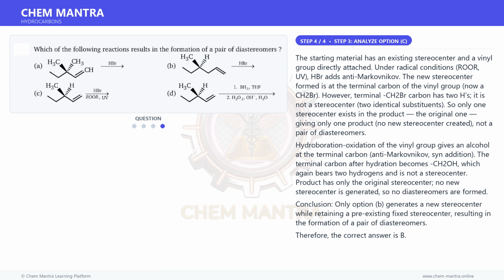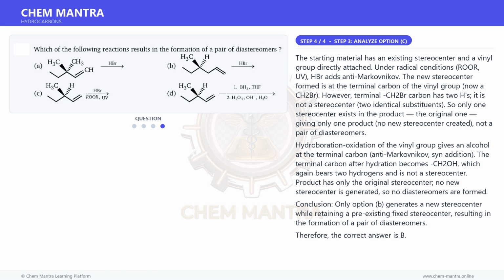Under radical conditions, ROOR, UV, HBr adds anti-Markovnikov. The new stereocenter formed is at the terminal carbon of the vinyl group, now a CH2Br. However, the terminal CH2Br carbon has two Hs, so it is not a stereocenter, as it has two identical substituents. So only one stereocenter exists in the product, the original one, giving only one product, no new stereocenter created,